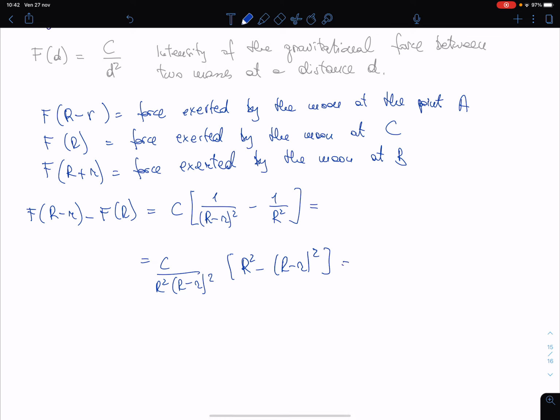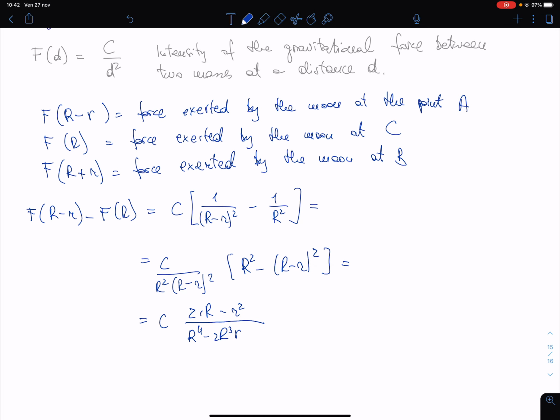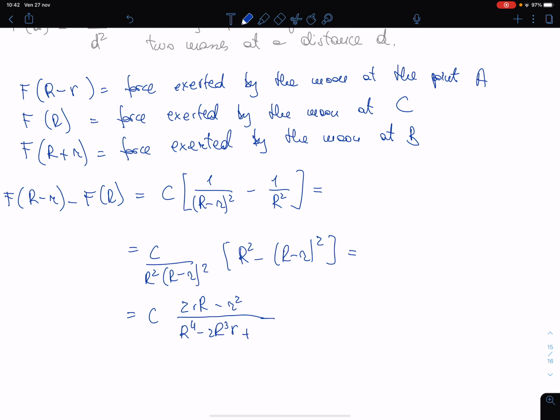And what I find at the end is that this is equal to c. Here we have the double product 2 times small r times capital R minus small r to the second power, and here capital R to the fourth power minus 2 R to the cube r plus r squared. No, I don't want to do that. This is equal to